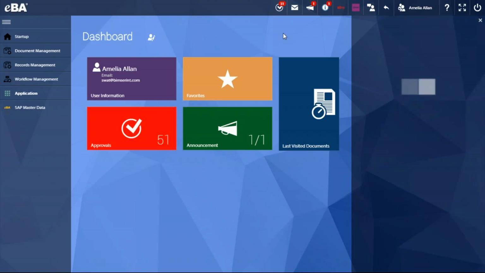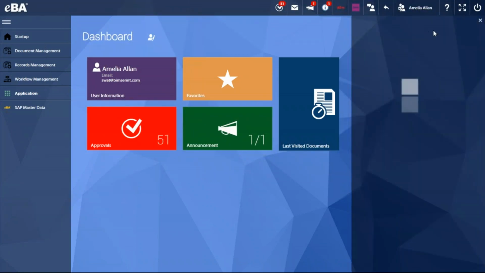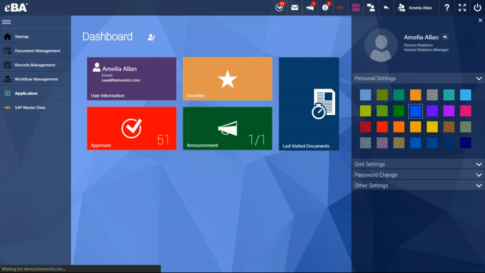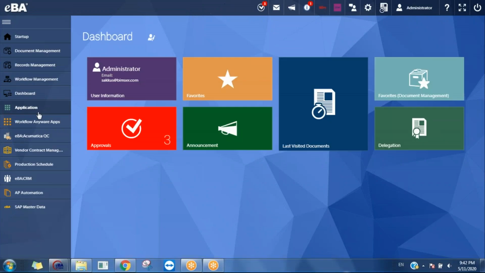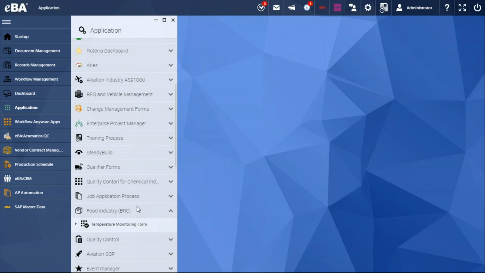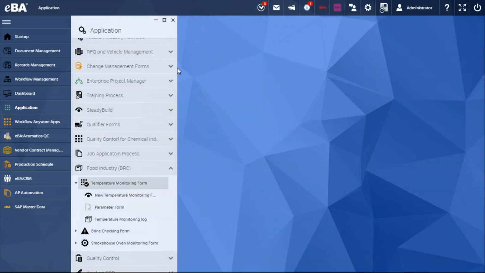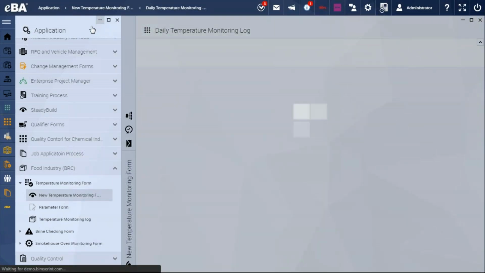Okay. And next, I want to show you one of the applications that we have for quality control, or for managing, as Kevin mentioned before, the cooler temperature that you have in your company. Okay, so I want to show you this one. So we have different solutions, and there's one for the fish or food industry complying with SQF. So I'm now putting this up,